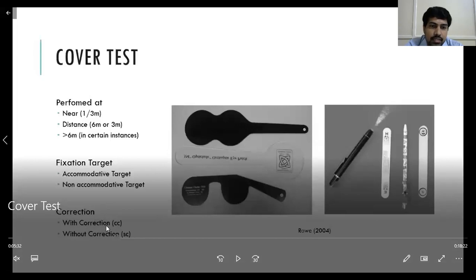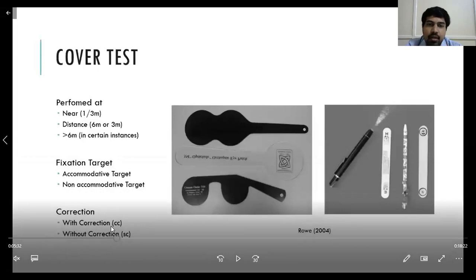If you do it with glasses, suppose there is a convergent squint. When you want to read some near object, your convergence gets activated. So both eyeballs converge together when you are looking at a near object. Suppose the patient is having some accommodative insufficiency. The patient is unable to read a book. At the age of 40 years, in your parents, you might have seen that they might be using some reading glasses. Why? Because at birth, we have almost 14 to 15 diopters of accommodation, whereas by the age of 40, we have only 3 diopters of accommodation.